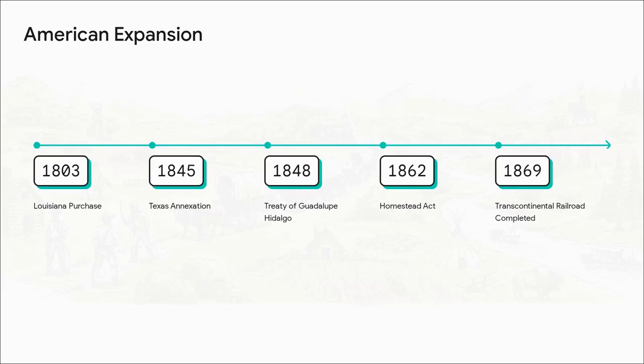And this didn't just happen overnight. It was a rapid succession of treaties, purchases, and technological leaps. You've got the Louisiana Purchase in 1803, the Texas annexation in 1845, and then the Treaty of Guadalupe Hidalgo in 1848, which ceded 500,000 square miles from Mexico to the U.S. And by 1869, the first transcontinental railroad was finished, completely transforming a deadly 6-month wagon journey into an 8-day train ride. The federal government was literally paving the way for settlement.